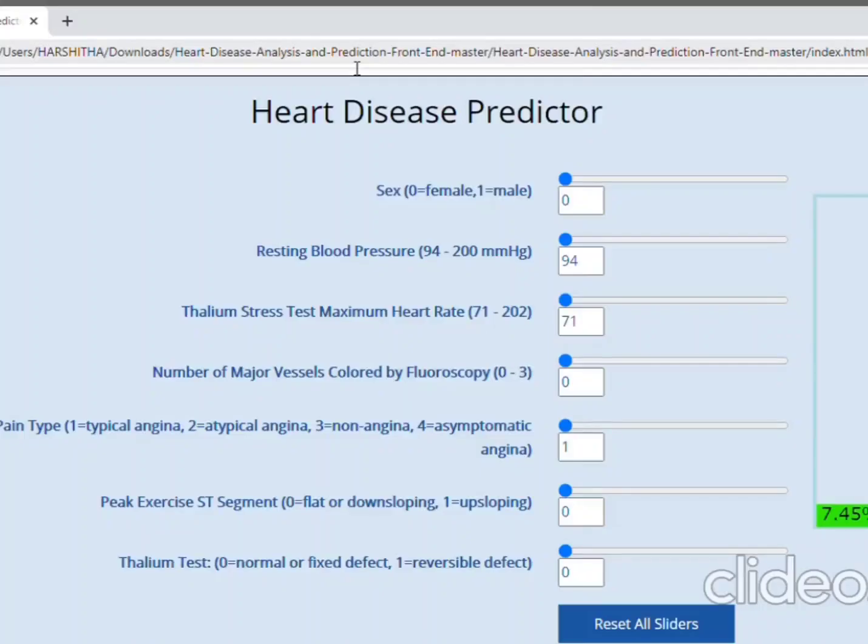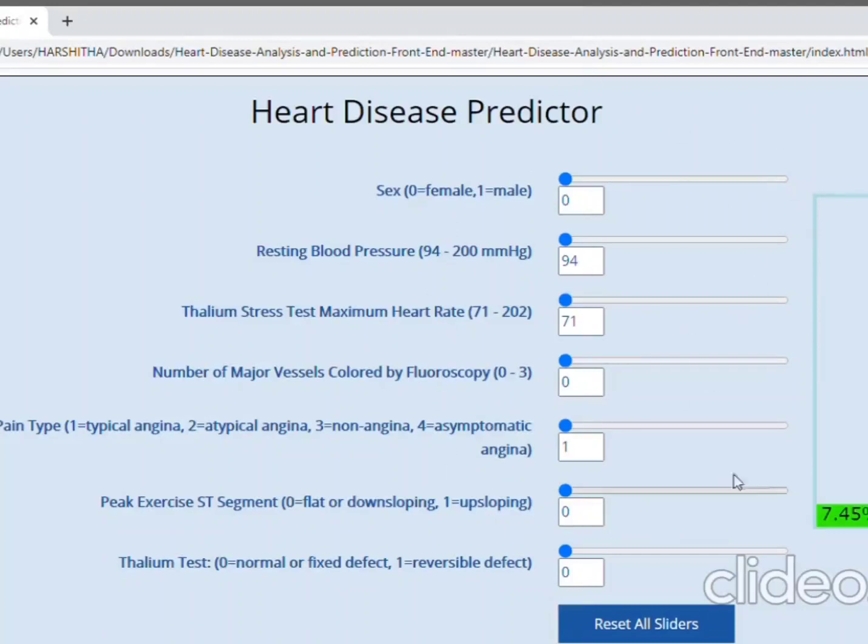In human life, the heart plays a major role. Nowadays, we are facing many deaths due to heart disease. In recent technology, machine learning techniques are being used rapidly. So we are going to use machine learning techniques in our project to predict heart disease at an early stage. For this, we are going to check the status of our body symptoms related to the heart in an easy way, as shown in the display.